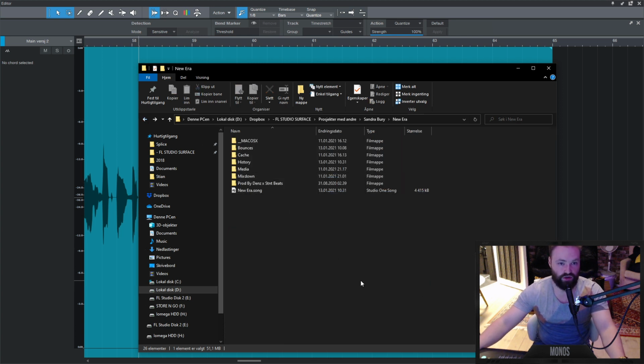You can just delete a song and get rid of all the files associated with the song, which is great for preserving space or even sending the song to somebody. Let's say you use the same plugins, somebody uses all Waves and you use all Waves, and you send the song to somebody, you can just send this folder, packed in a zip file. It's the same as using the FL Studio export to zip file,